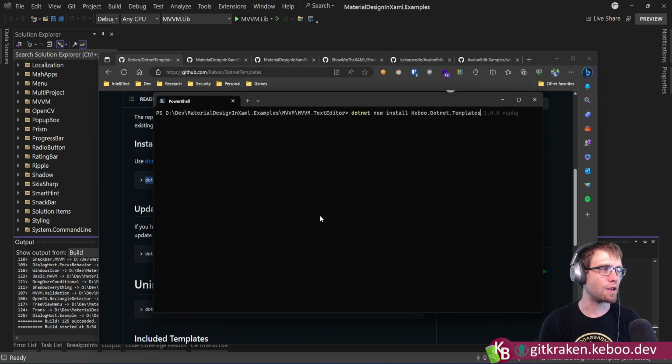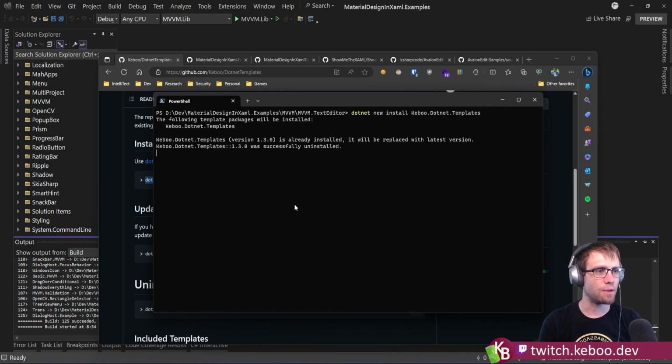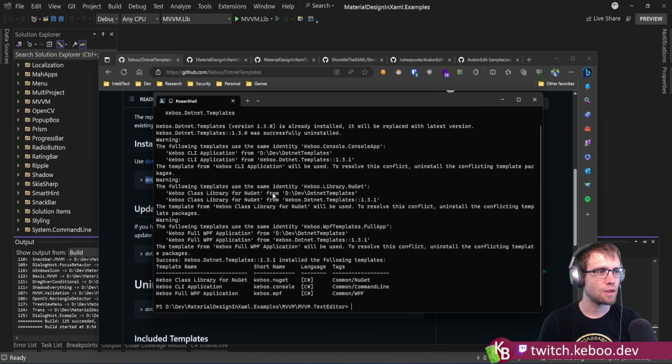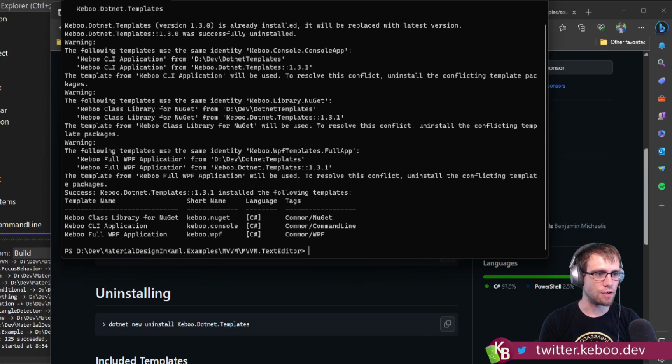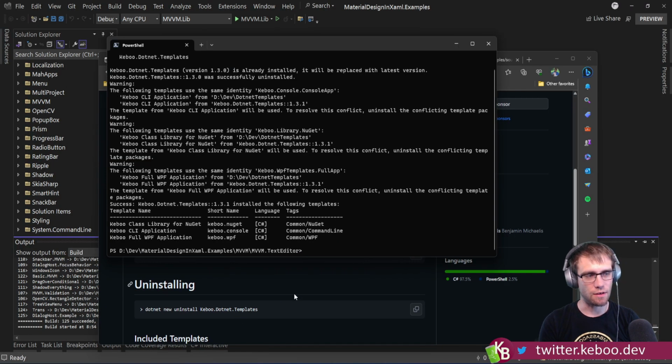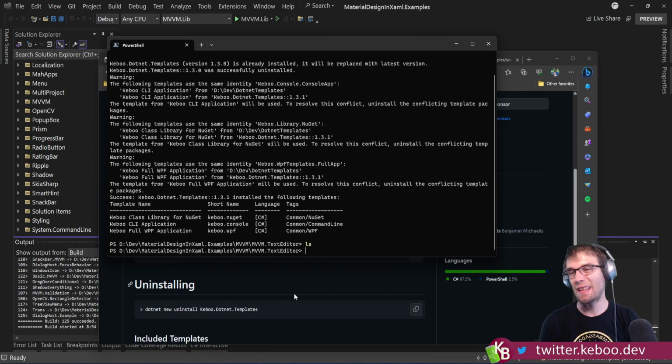Okay, so we're going to start here. Install templates. Boom. Latest version of the template. Off to the races. All I have done so far, I will just call your attention to it, is I've made a directory. Nothing fancy. If we check it, it's an empty directory. Nothing's there. So, dotnet new